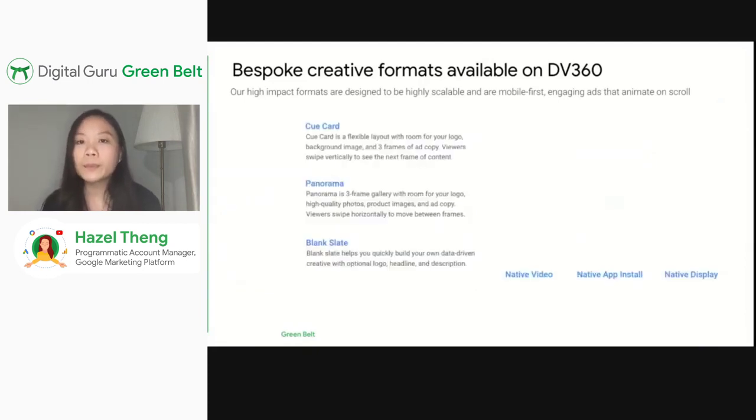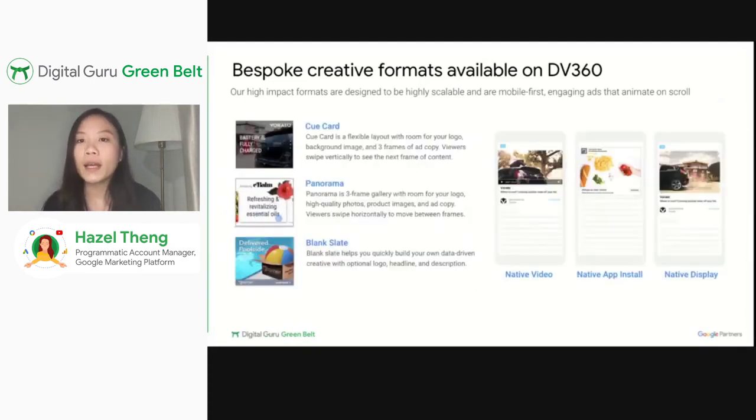So beyond the bespoke formats, standard formats like your standard animated banners and videos, and native formats like I mentioned before, are also available on DV360. Here you can see 3 examples of different standard display formats that can be built directly on DV360.